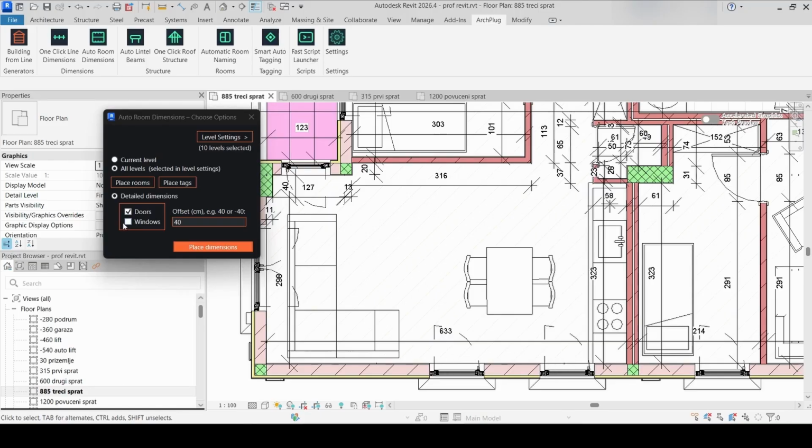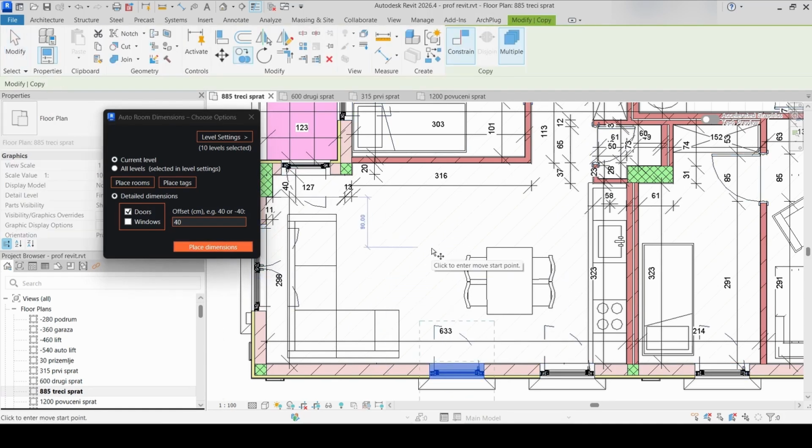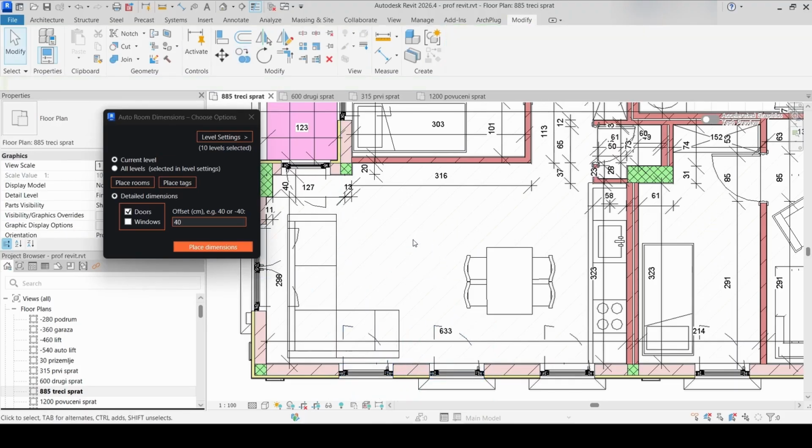Say we wanted to add another window, for example, if we copy one over from this side. Just as easily, we can check windows again, place dimensions, and the program will automatically